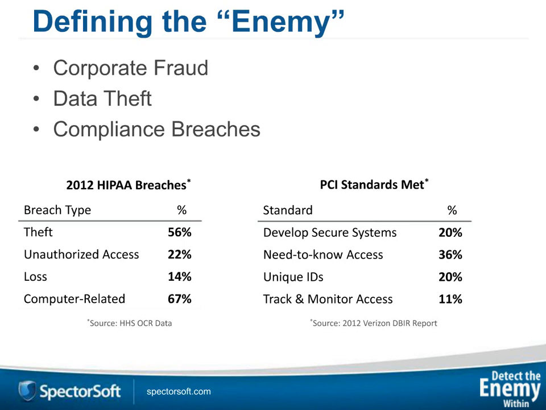This is bad. How many of you have need-to-know access? Basically, look at your role and give you just the access you need. Only about a third of them. Unique identifiers, unique IDs, usernames and passwords, 20%. Tracking and monitoring access, only 11%. And then the one that's most staggering, I forgot to put it here on the slide, was the percentage of them that actually say they regularly test their security systems and processes. 6% are actually regularly testing it.